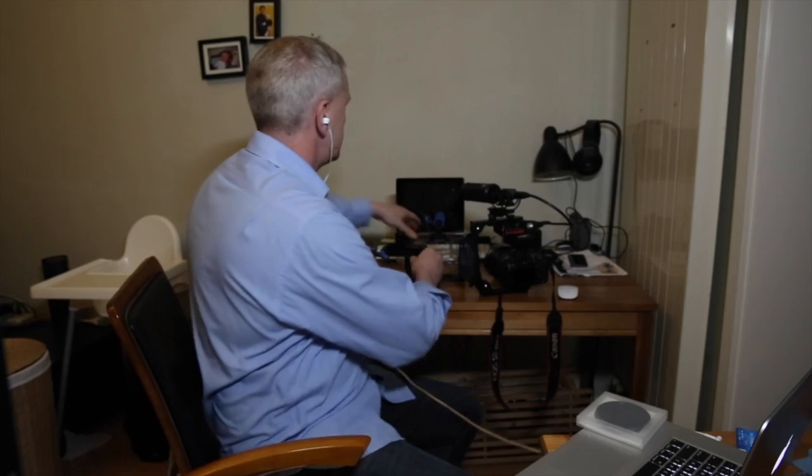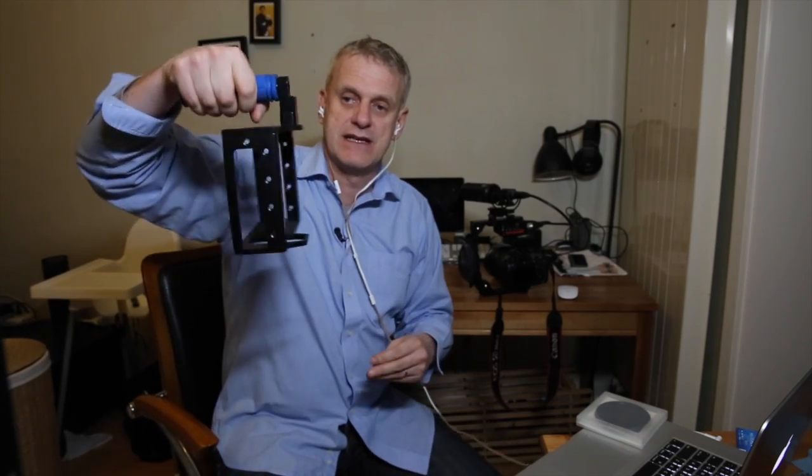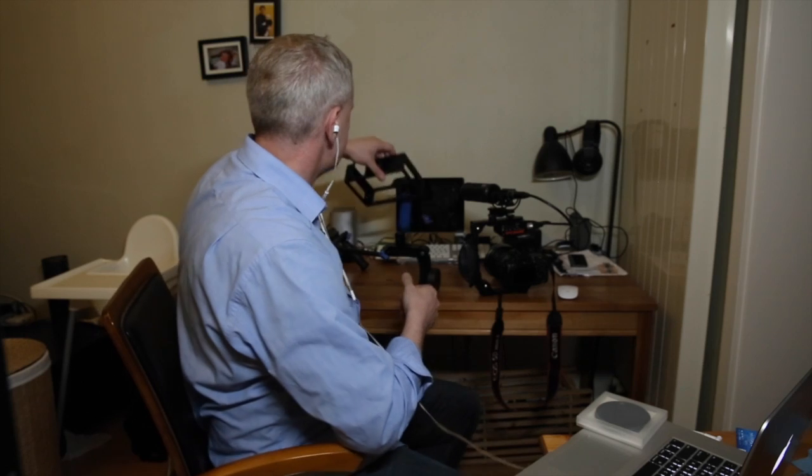Also, sometimes I would use a cage rather than the flash bracket, and the cage allows me to hold the camera either on the side like this or underneath, and then bolt on all of those additional things that I need. So, as you can see, all of these pieces, trying to shoot in situations where things are moving faster, or if I'm following a subject around,